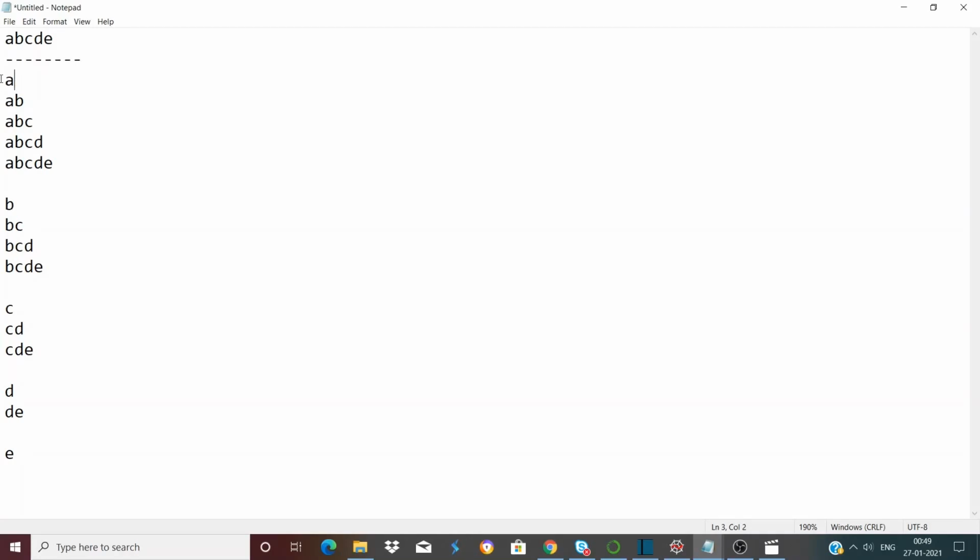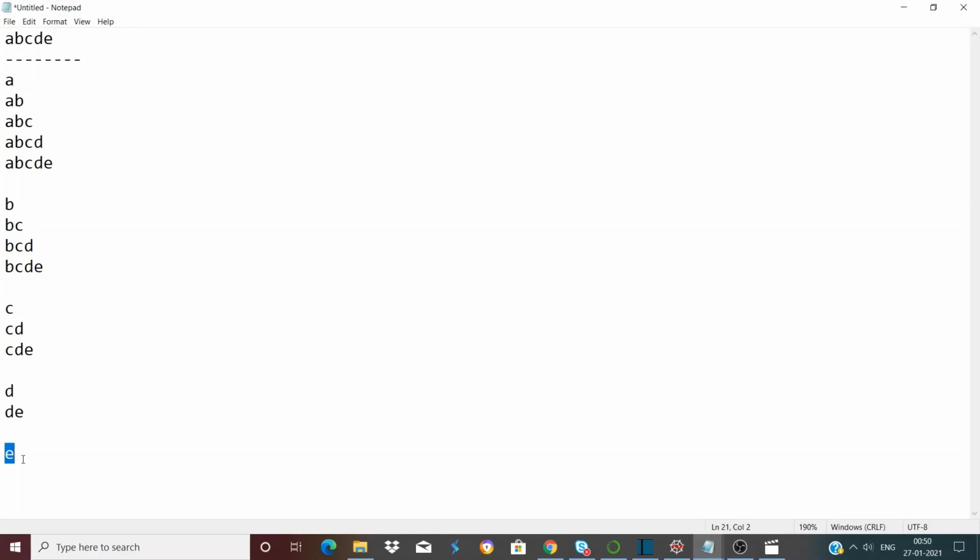So in the first step, first we have to extract A, then AB, then ABC, then ABCD, and lastly ABCDE. Similarly, for B, we will first extract B, then BC, then BCD, and finally BCDE. And the similar thing will also happen for C, D, and E, right?